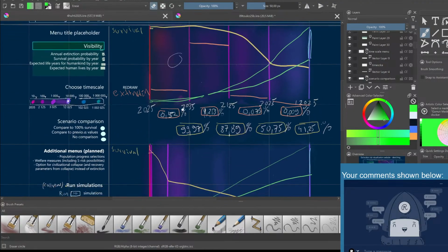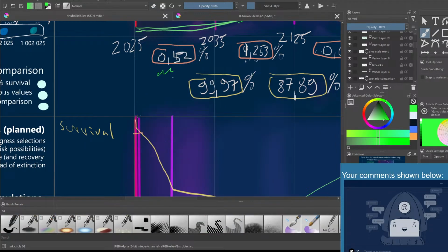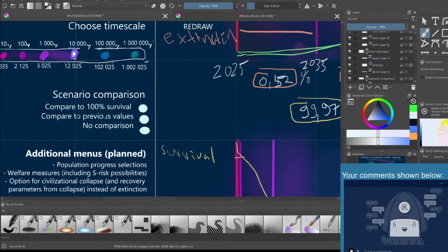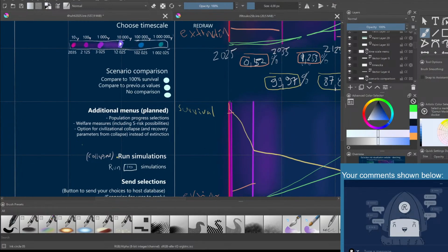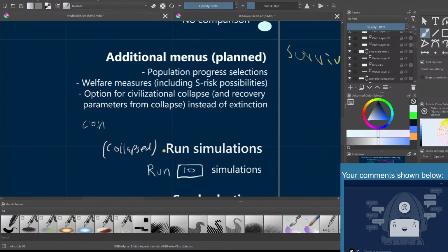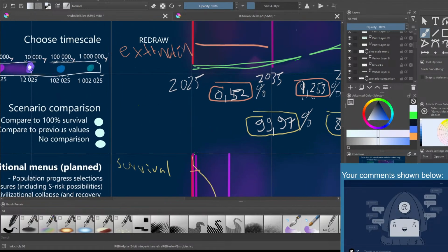Yeah, okay, I was thinking about how I would have the menu here. You could choose it from here down somewhere, additional menus, something like contributing risks, some kind of menu like that. So then if you have that menu selected on